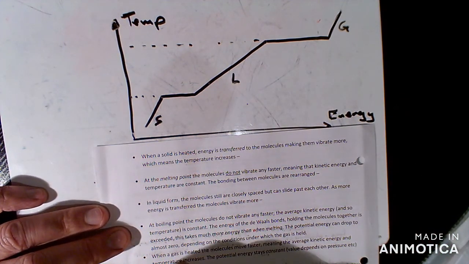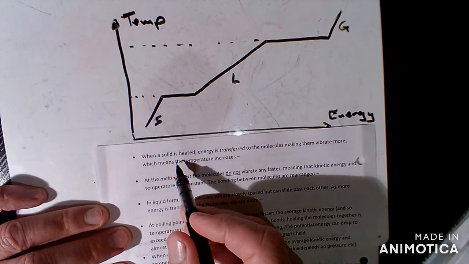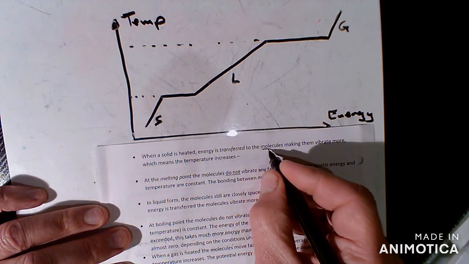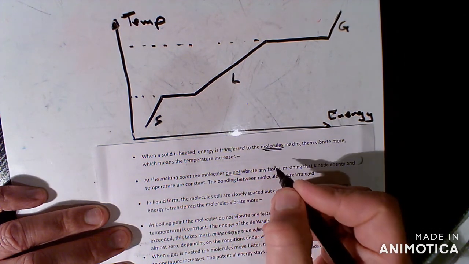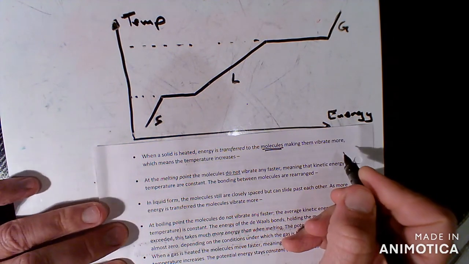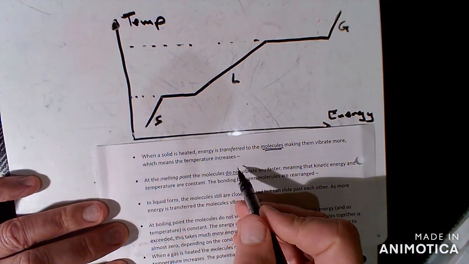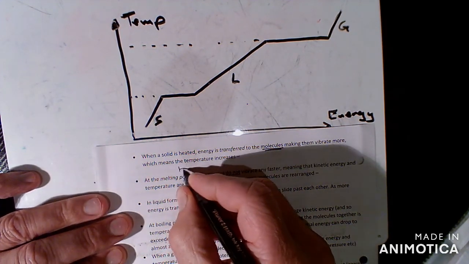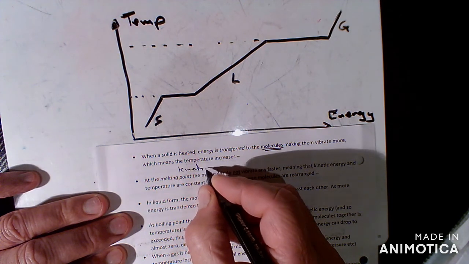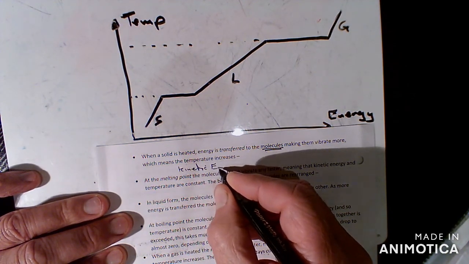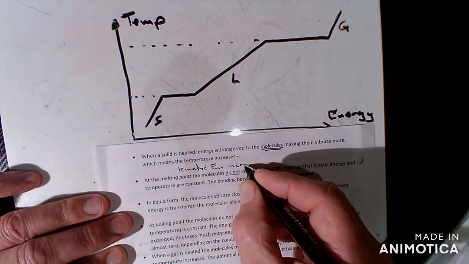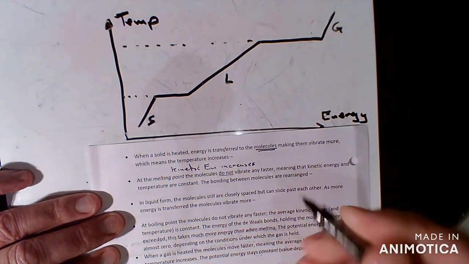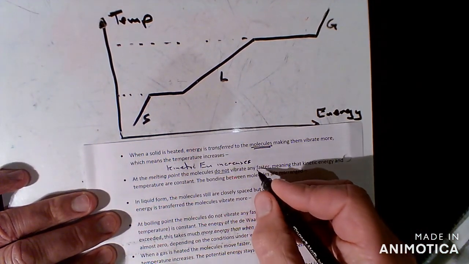on in between. So, to start with in the description, solid is heated, it's transferred to the molecules, so again use that word molecules. Particles is good, but molecules is better. It's making them vibrate more, which means the temperature changes. So within our wobbly model that you saw in the video, what we've got going on is, I'm going to shorthand this after a while, the kinetic energy increases. Okay. But of course you've got bonds between them,